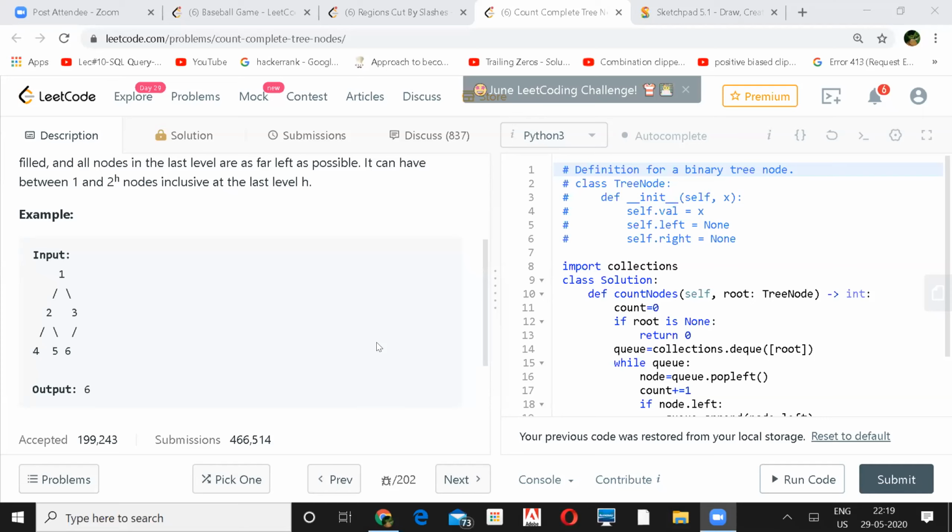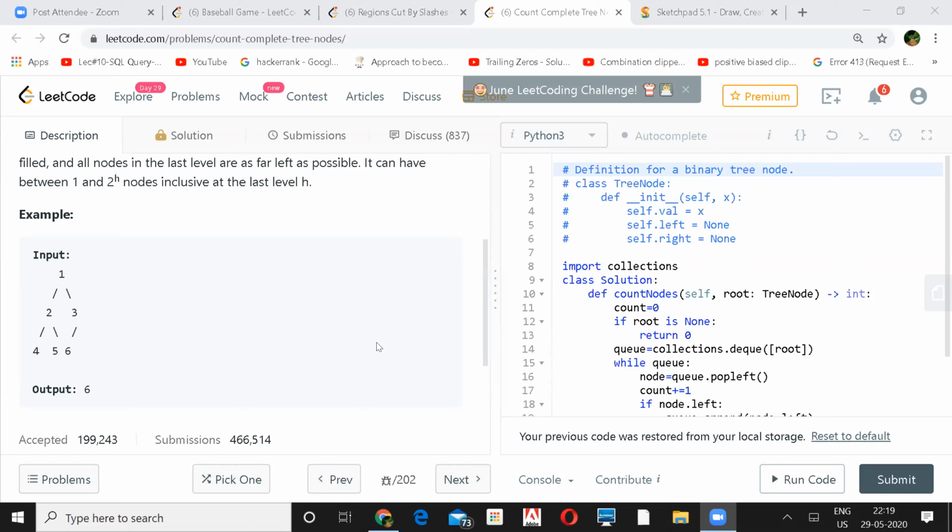For example, in this what Shashank was showing, if I'm at 1, and I take the height from my left and the height from my right, basically both will return me 2. So that means my left and right are the same. That means something might be missing from 3's side. But I'm very sure 2, 4, 5 would be complete. Then I only have to go towards 3 and again do the same approach.